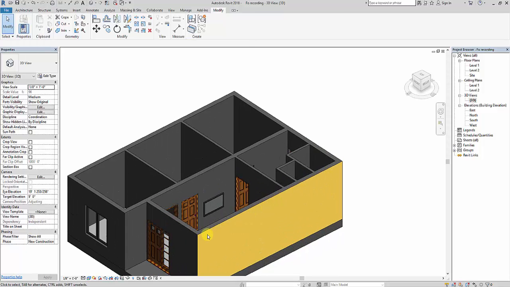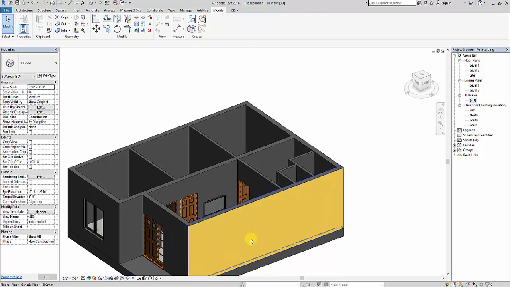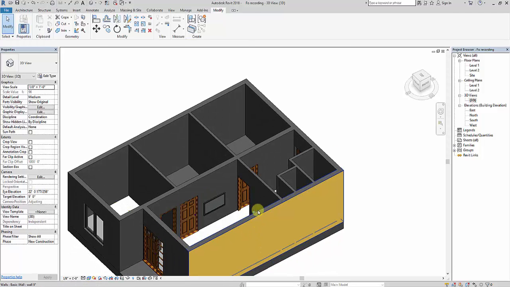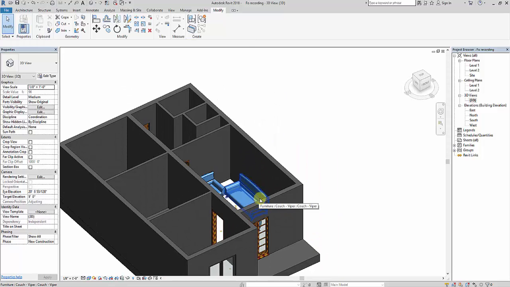Okay, so this paint will not get applied to the entire wall. You can see it got applied only to one face here. So if you want to apply different material to this face, you can apply different materials. So let me create one more paint and show it to you.